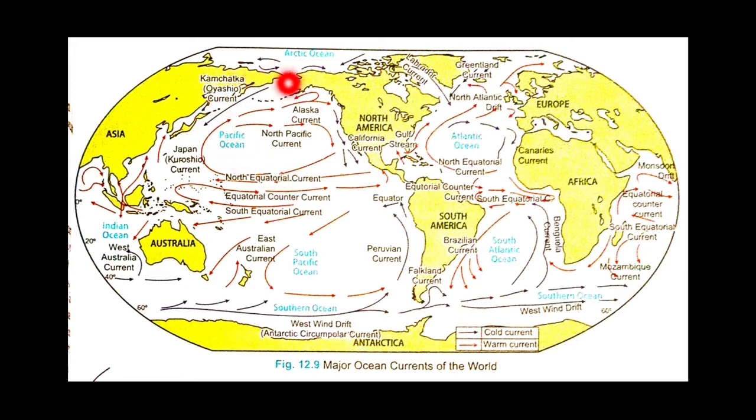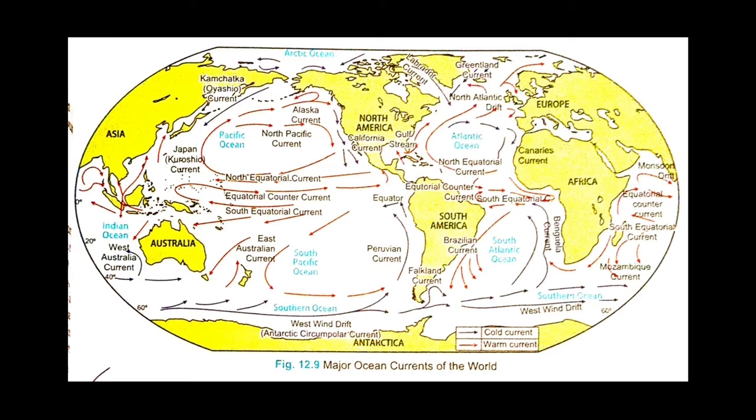Whereas the cold ocean currents are cold in nature, so wherever they pass, they reduce the temperature. They also reduce the rate of evaporation, and they are often responsible for the process of desertification, because when they reduce the rate of evaporation, the rate of condensation also reduces and therefore rainfall reduces, leading to formation of deserts.